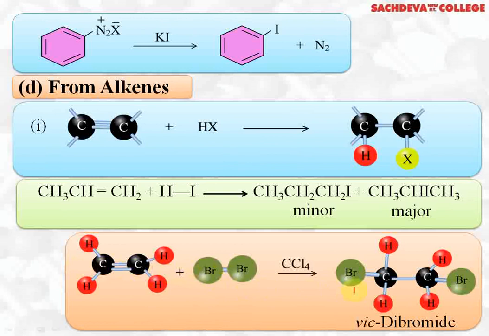That's why it is called an electrophilic addition reaction. It results in the formation of CH2Br-CH2Br, which is a vicinal dibromide. Vicinal means two halogen atoms are on adjacent carbons. Carbon tetrachloride is used as a solvent. We can also use bromine water. So bromine water will get decolorized with unsaturated hydrocarbons like alkene and alkyne, and it will result in the formation of dihalogen derivatives when we react alkene with halogens.